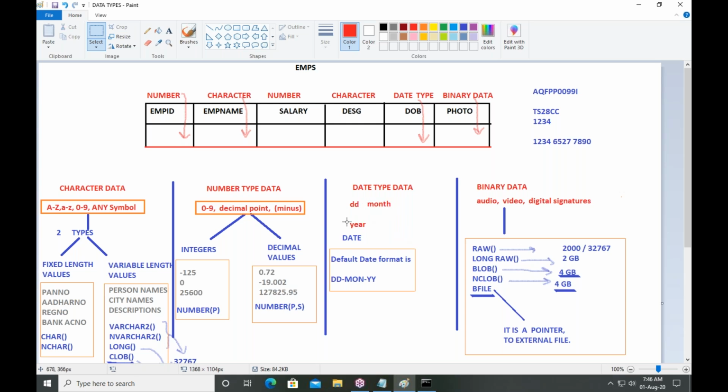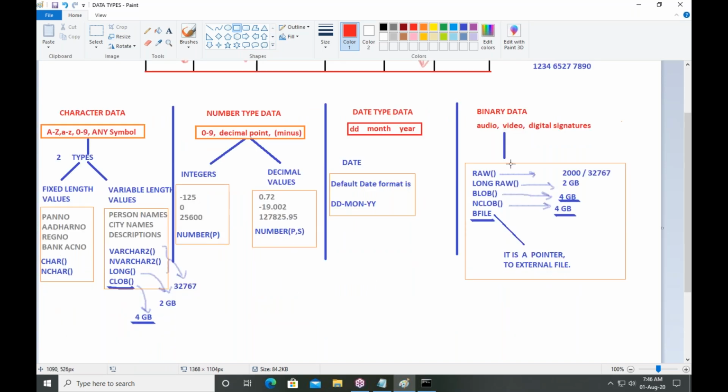One of the person, he is downloading a movie. Assume that he is downloading a movie. What is the size of the movie? 6 GB. A 6 GB value is not saved in the database. Our database is supporting maximum how much size value? Only 4 GB.